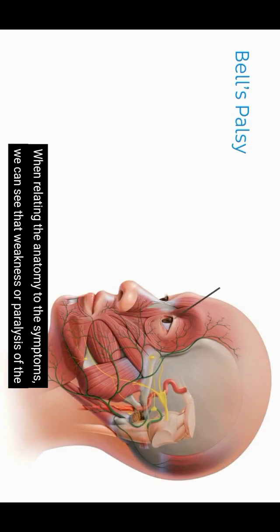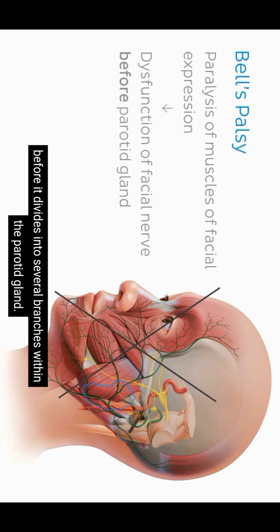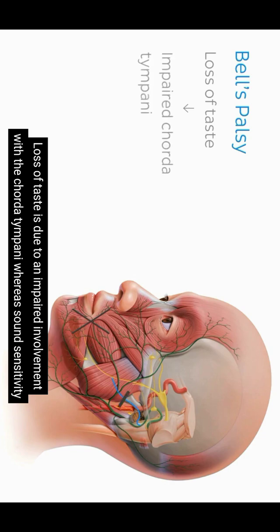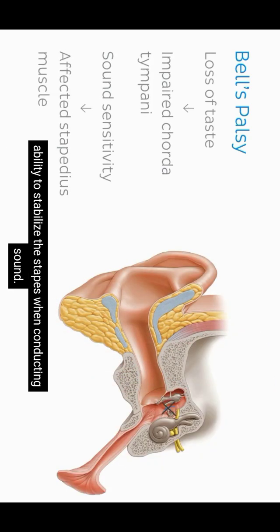When relating the anatomy to the symptoms, we can see that weakness or paralysis of the muscles of facial expression can be attributed to damage or a destruction of the facial nerve before it divides into several branches within the parotid gland. Loss of taste is due to an impaired involvement with the chorda tympani, whereas sound sensitivity can also occur because the nerve to the stapedius is affected, reducing the stapedius muscle's ability to stabilize the stapes when conducting